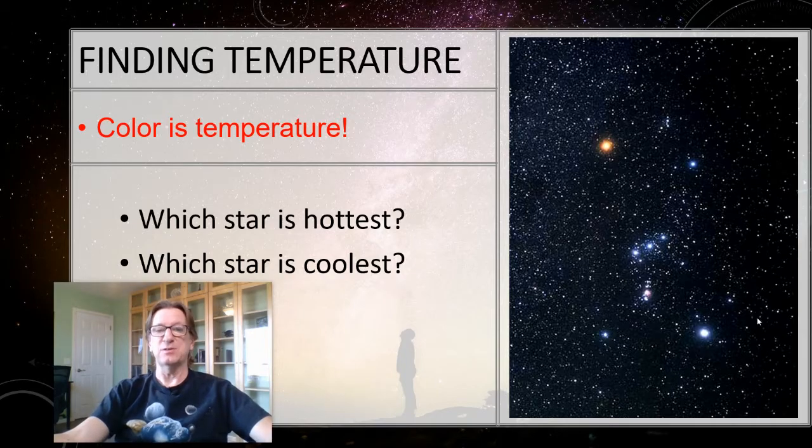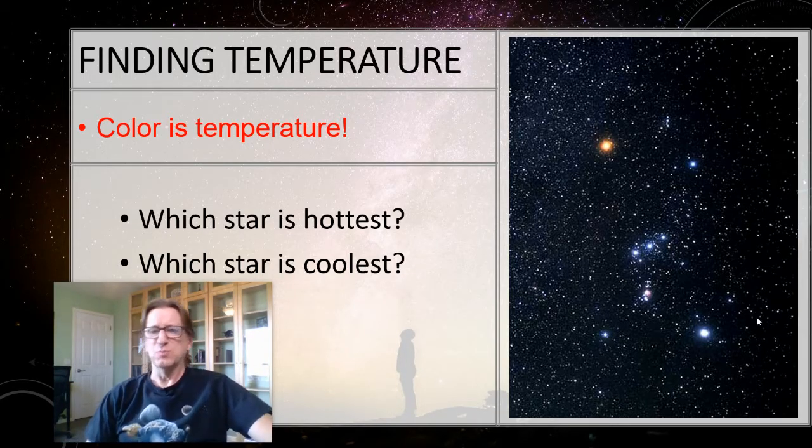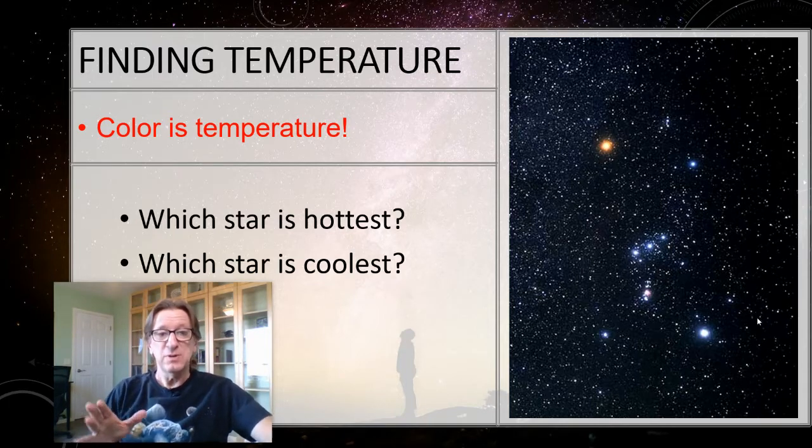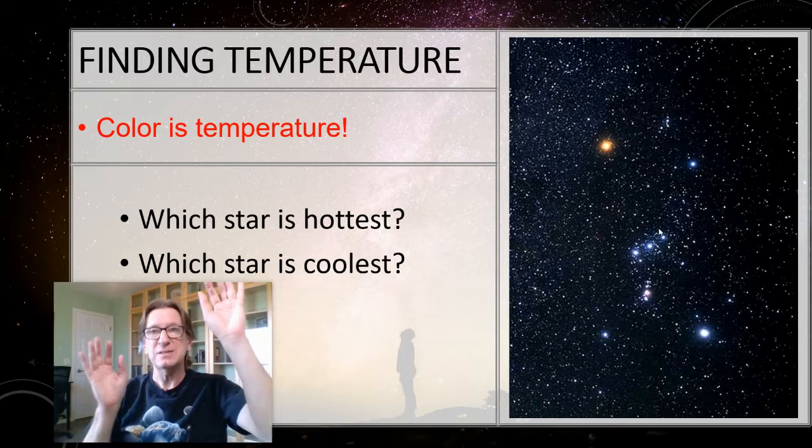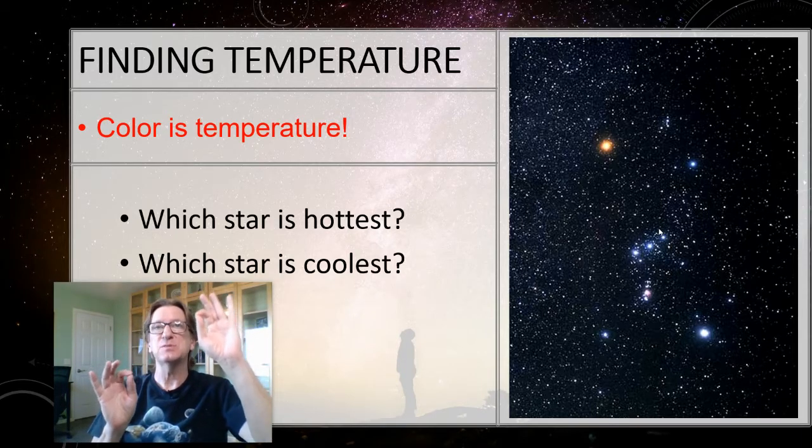Now, when I was in college and I took my first astronomy class, the teacher said, oh, well, there are red stars and there are blue stars and there are yellow stars. And I said, what, are you crazy? All the stars are white. And he said, no, really, they're different. If you go outside and you look at these, they are white, but there is a tint to that color. And Orion is one of the best places to see that, because you've got this strong red supergiant here called Betelgeuse and this bright blue supergiant called Rigel. So you can compare, and if you go outside, you can actually see that difference with your naked eye.